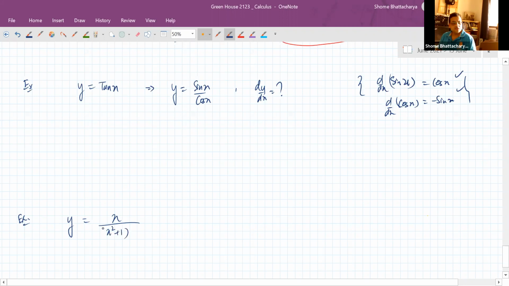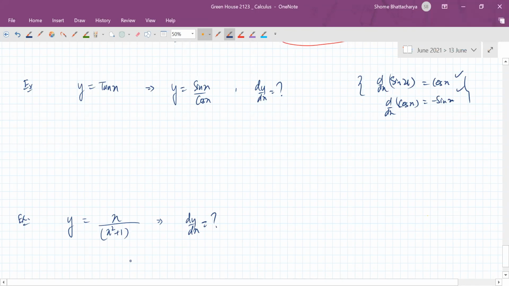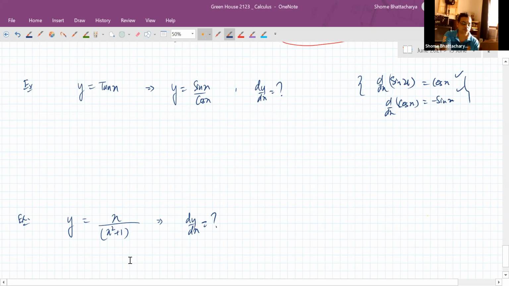Now, this is the type of question which we were asking earlier. So here also we have no option but to use the quotient rule, because we cannot simplify this. Had x square plus 1 been in the numerator and x in the denominator, then obviously we don't need to use the quotient rule, but would have simplified and differentiated. But here we cannot do that. We cannot simplify this, so we will have to,